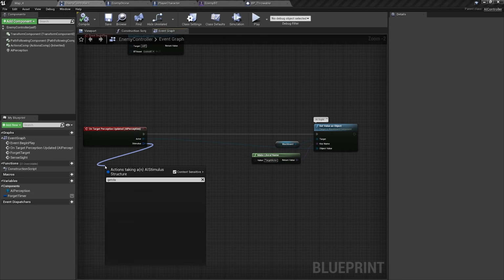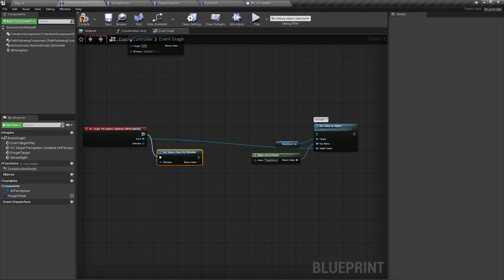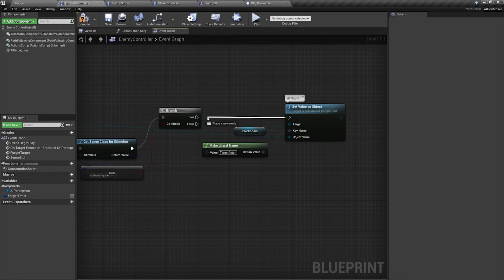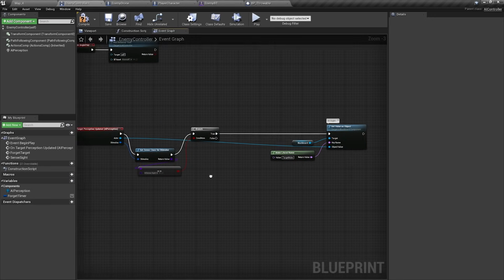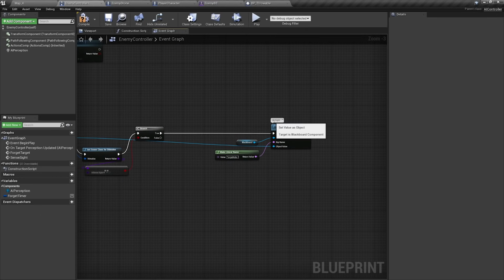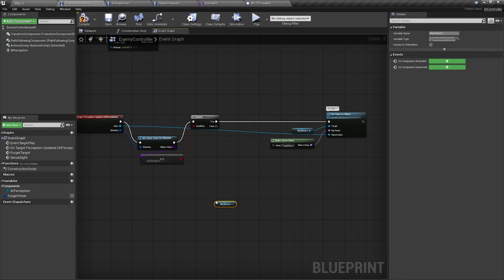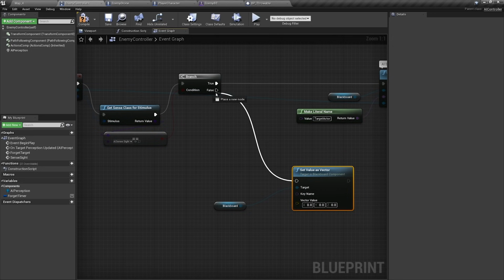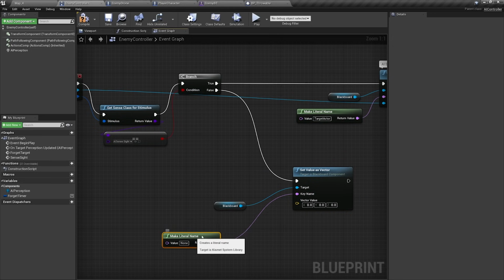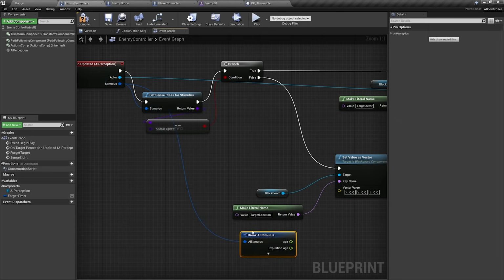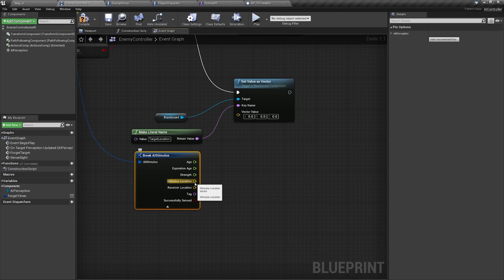We will need to make a change to our target perception event. We will need to check if the stimulus type of a given event is of type AI sight and treat it correctly. For the sake of simplicity, let's leave the target actor blackboard key as the conditional for our sight sense. And if it's not a sight detection, then we're going to assume it's a hearing stimuli. And if it is, then we're going to set the blackboard key target location to a vector. And that vector is going to be the actual location the perception system detected, the stimulus location.